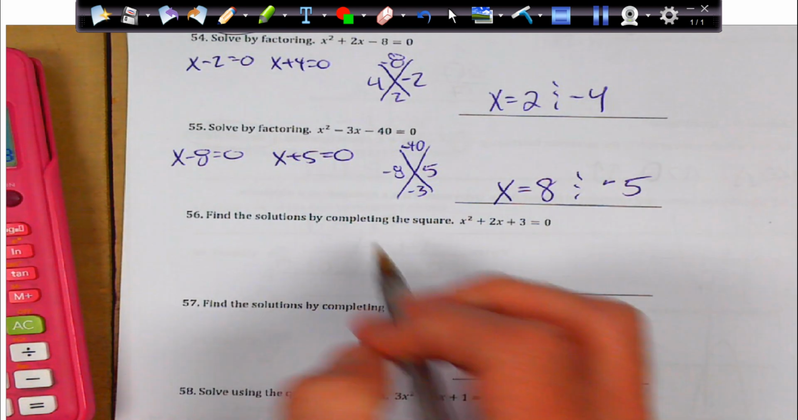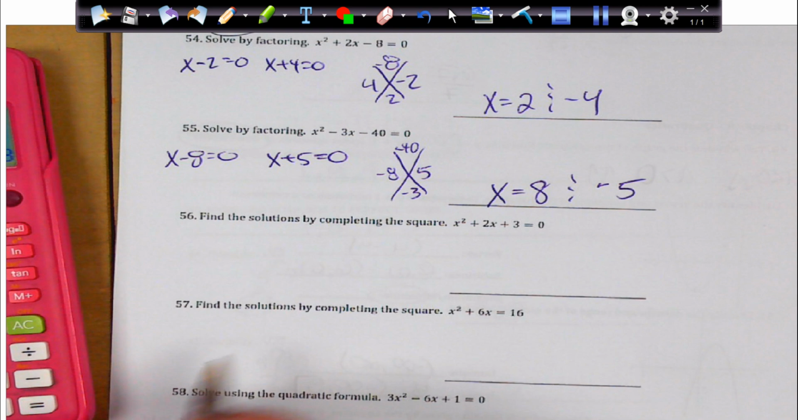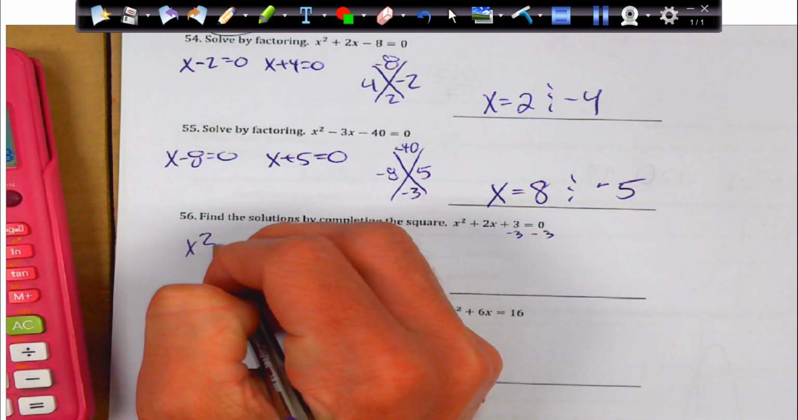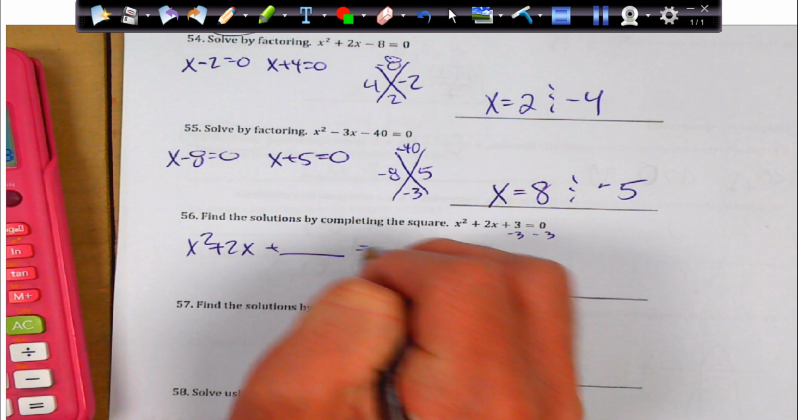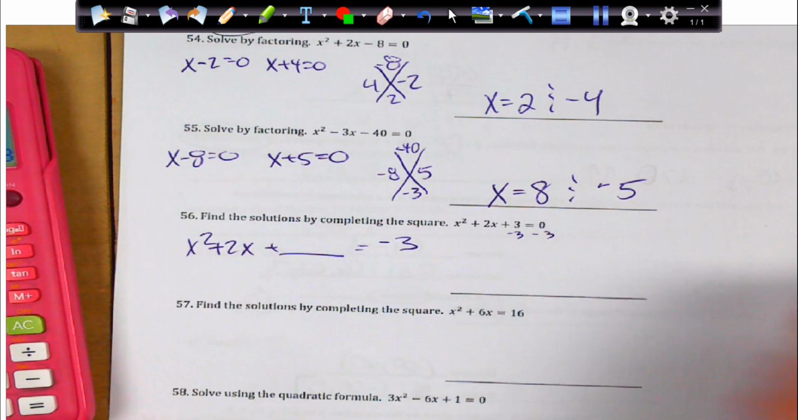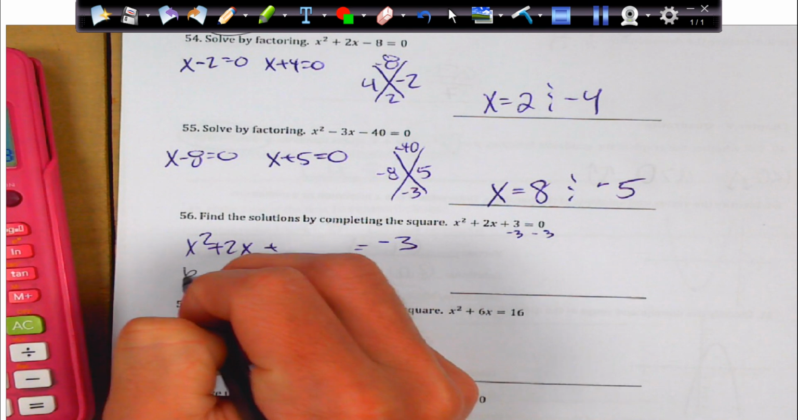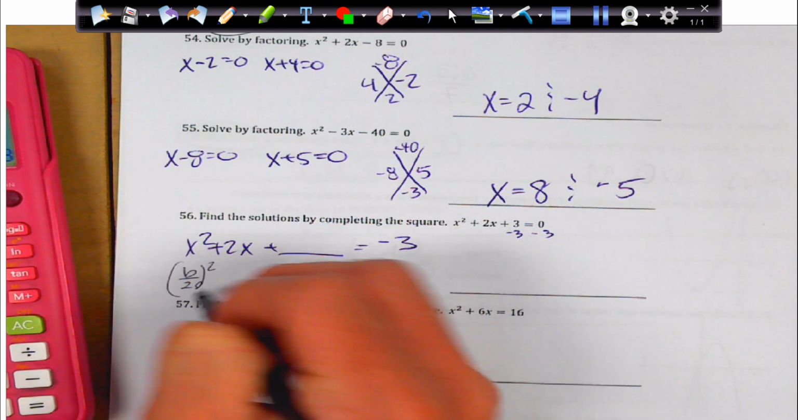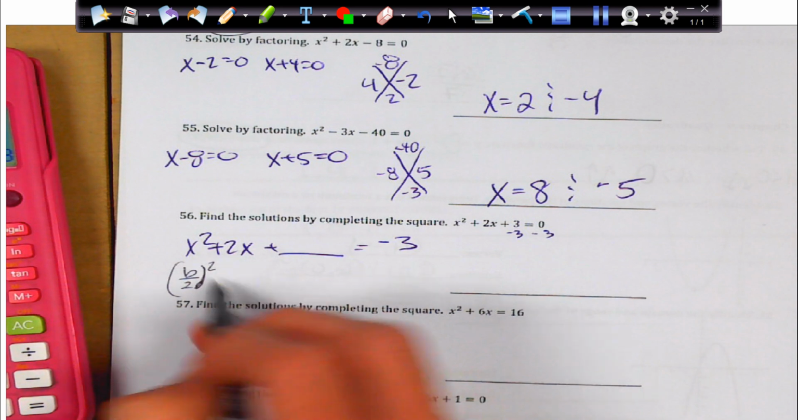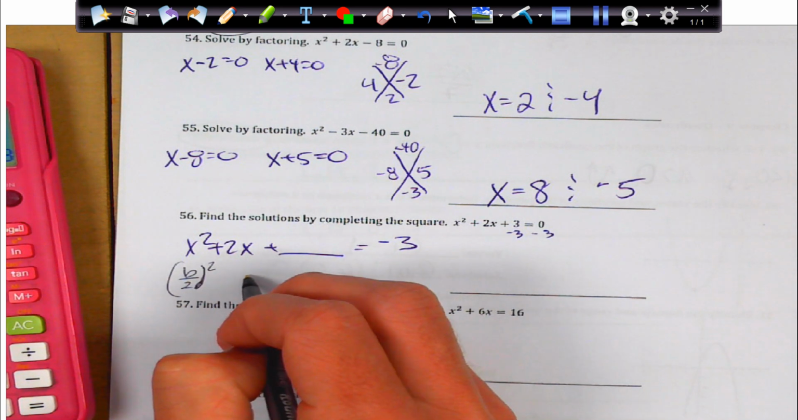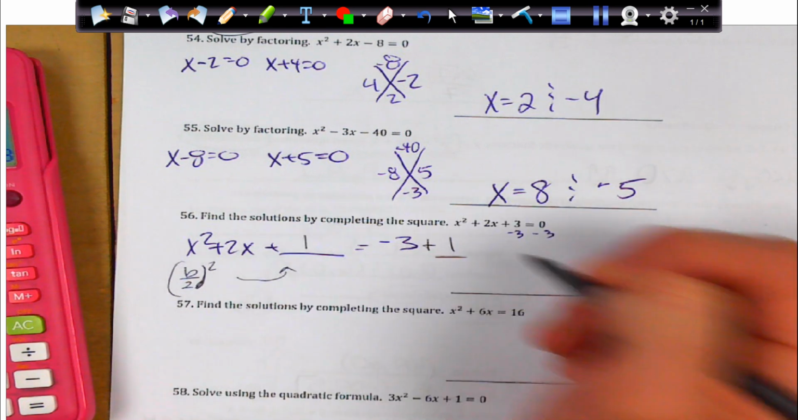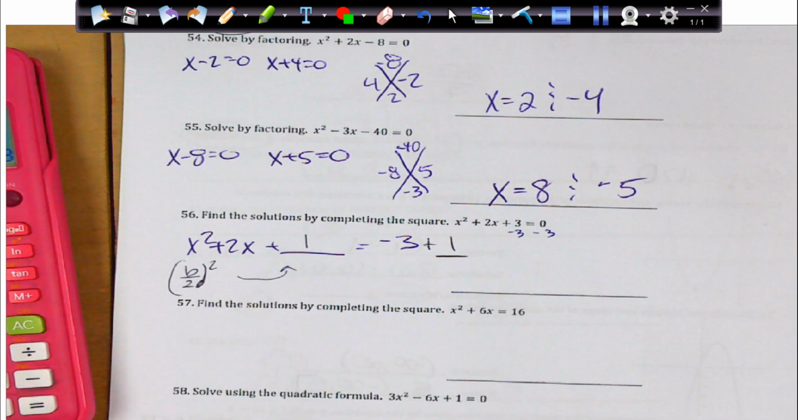Okay, so again, find the solution by completing the square. So this time we're going to move the 3 over. So I get x squared plus 2x plus blank equals negative 3. And now to complete this, we need to do b divided by 2 squared. So that's going to be 2 divided by 2 squared, or 1. So this is going to become 1. Whatever I do to one side, I have to add to the other side. And so here, we're going to end up with